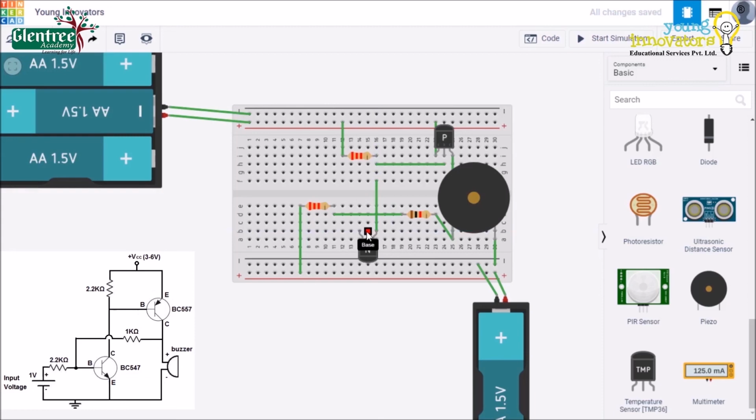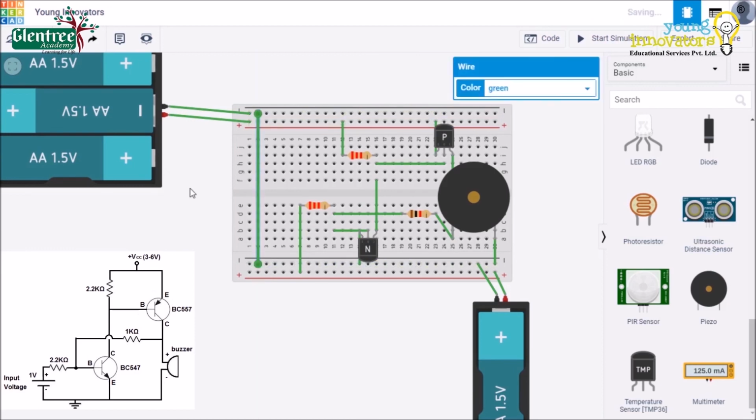Base will be given to one more 2.2 kilo ohm resistor, and the emitter of the NPN transistor will be given back to the ground terminal. And in order to complete the circuit, we connect both the grounds of the power leads together.